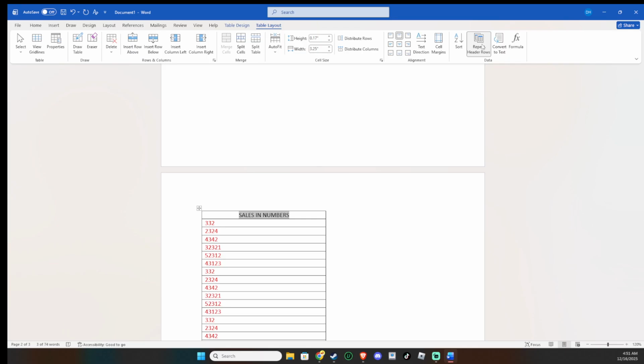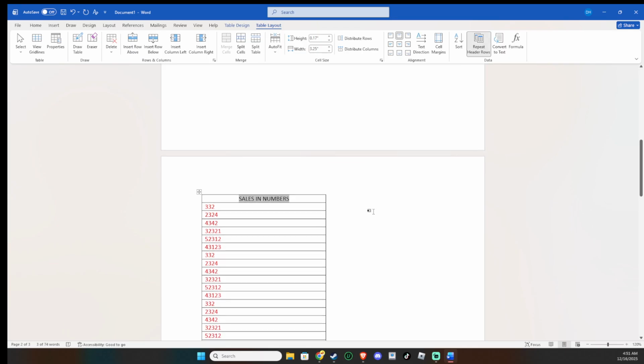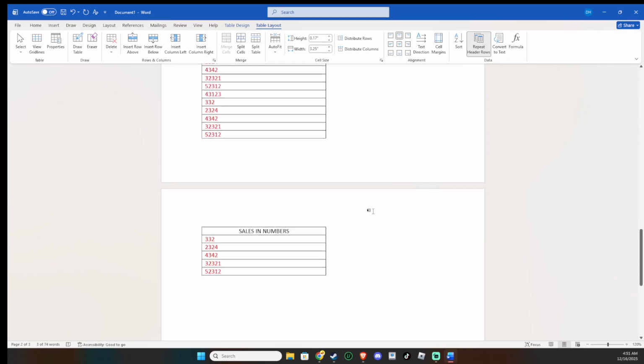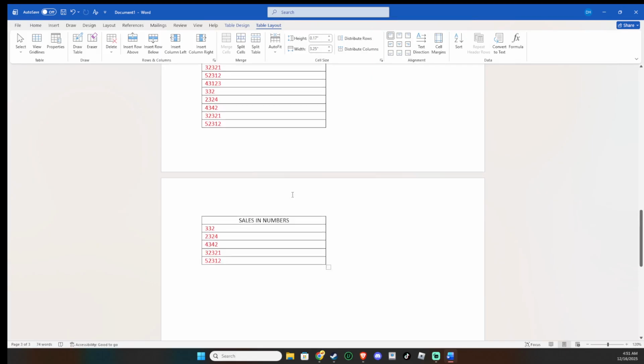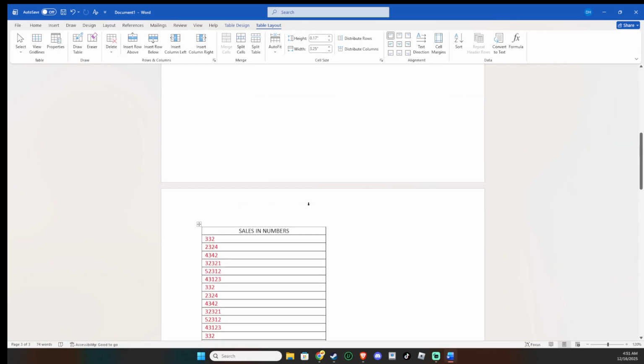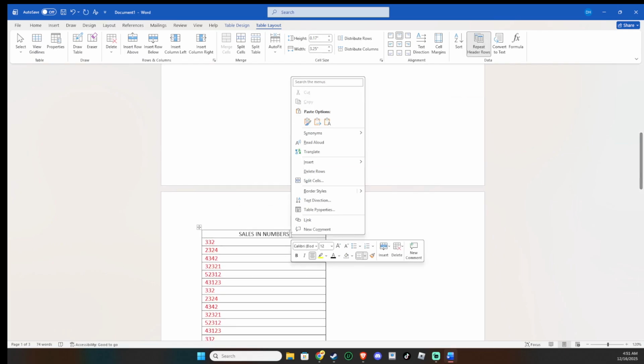Next, let's confirm the setting through the properties, which can help avoid inconsistent behavior. Right-click anywhere in the table and choose Table Properties. In the dialog that opens, go to the Row tab. You should see an option that says Repeat as Header Row at the top of each page. Make sure it's checked. This tells Word to automatically place those selected rows at the top whenever the table continues